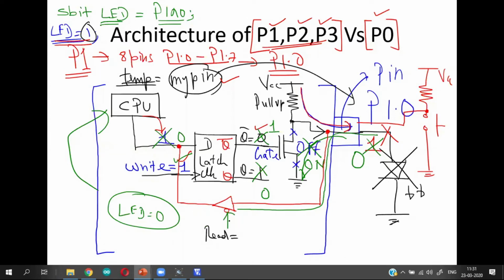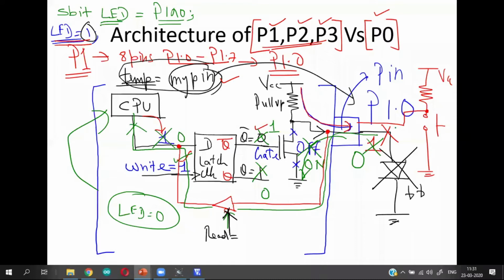This read line is triggered by the statement that you issue here. If you issue a temp is equal to myPin statement, then the microprocessor automatically understands that you are reading a value, so it will activate this particular line. Once this is enabled, the data from this input traverses to the output and reaches the CPU.